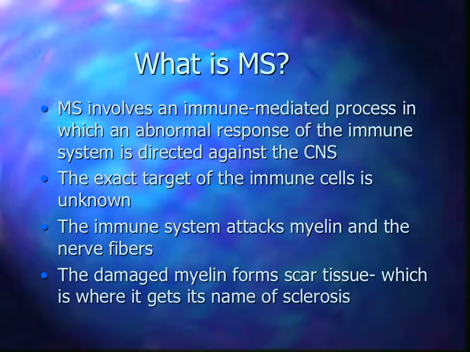Multiple sclerosis is an immune-mediated process in which an abnormal response of the immune system is directed against the central nervous system. So the immune system actually attacks myelin and the nerve fibers, and eventually it damages myelin and slows or disrupts transmission of nerve impulses. So these nerve impulses can affect any area of the body, and that's why a lot of symptoms will be